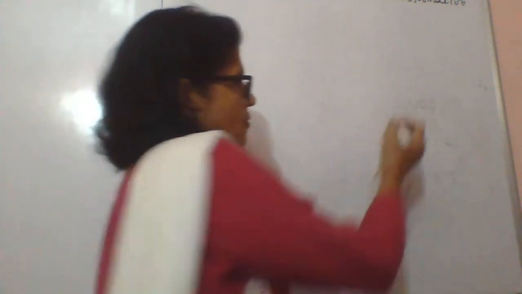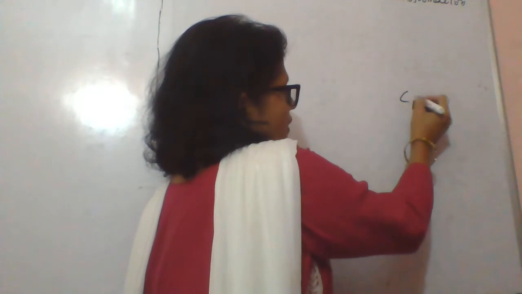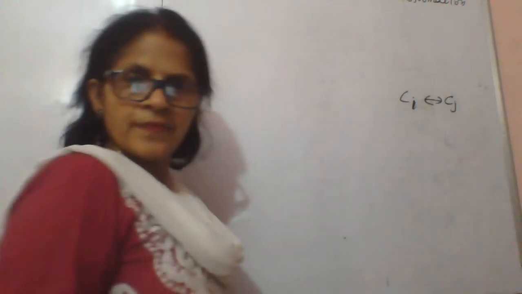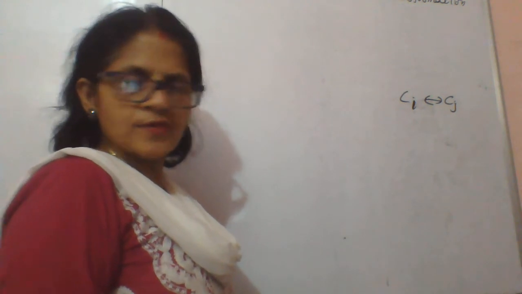Hello everyone. So in today's class we are going to study how to find A inverse using elementary column transformation. Now like your row transformation, in column transformation also we have three basic operations. One of them is we can interchange any two columns. Right? Any two columns can be interchanged.